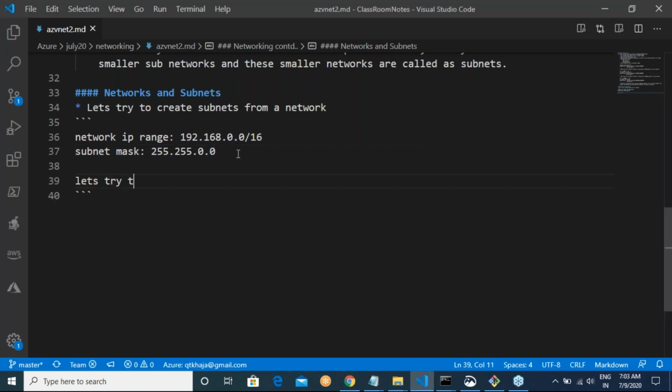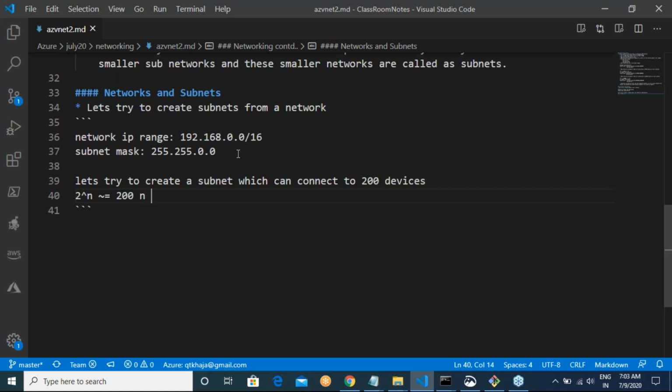Now let's try to create a subnetwork, or a subnet, which can connect to 200 devices. So we know the drill. 2 power n is approximately equivalent to 200.